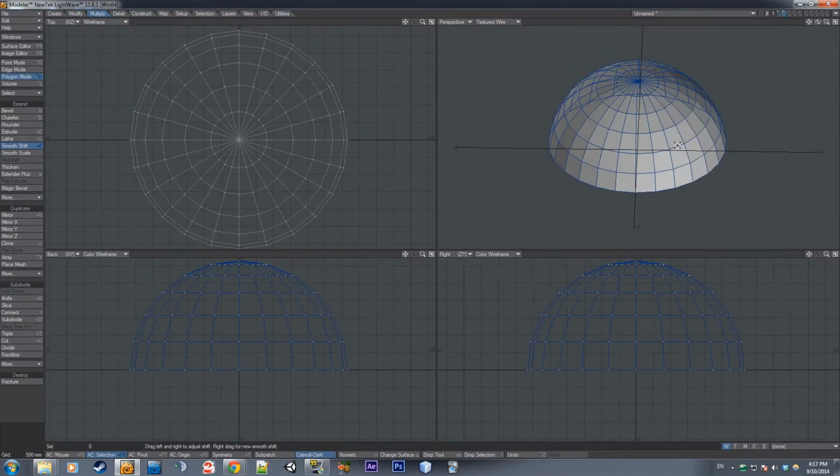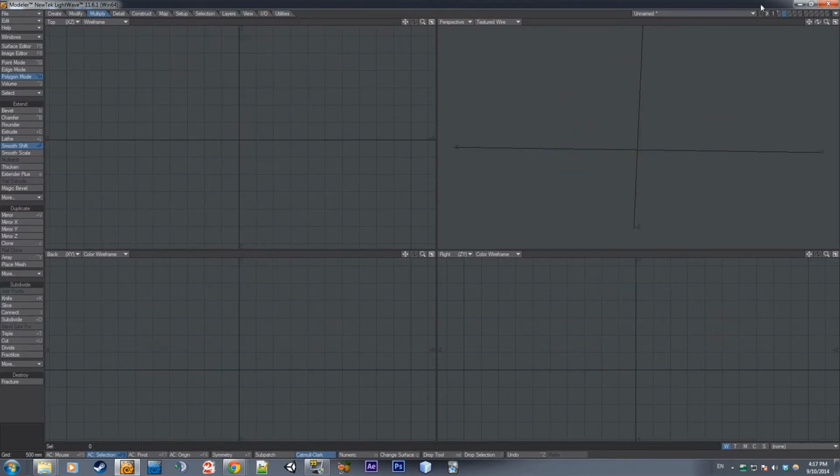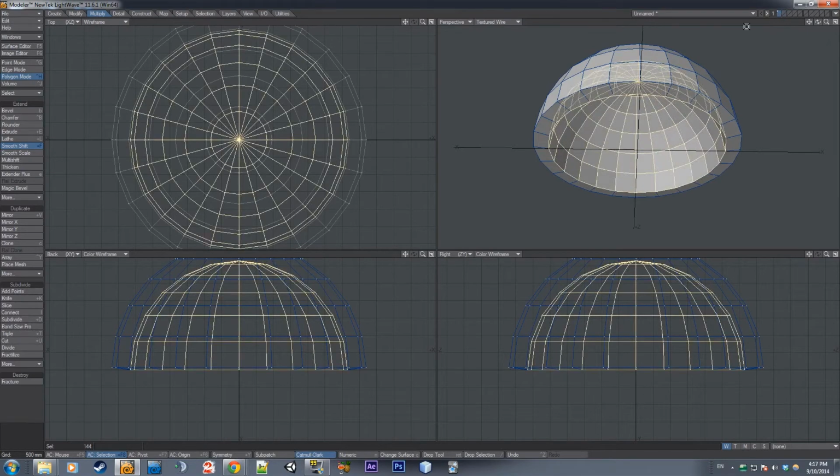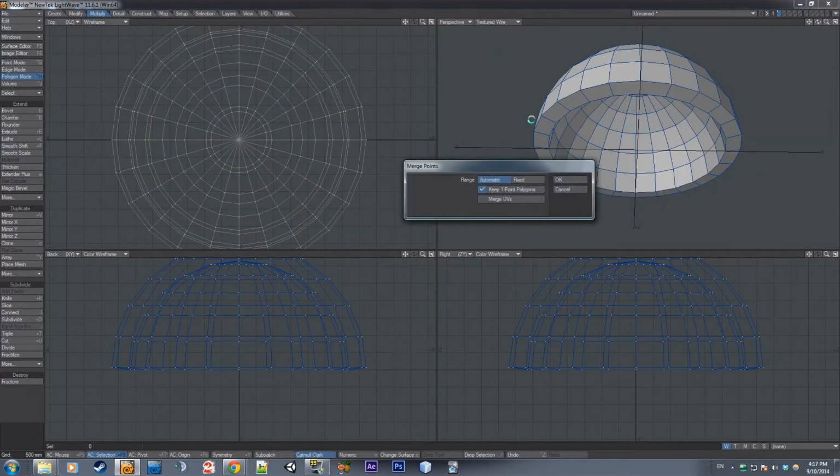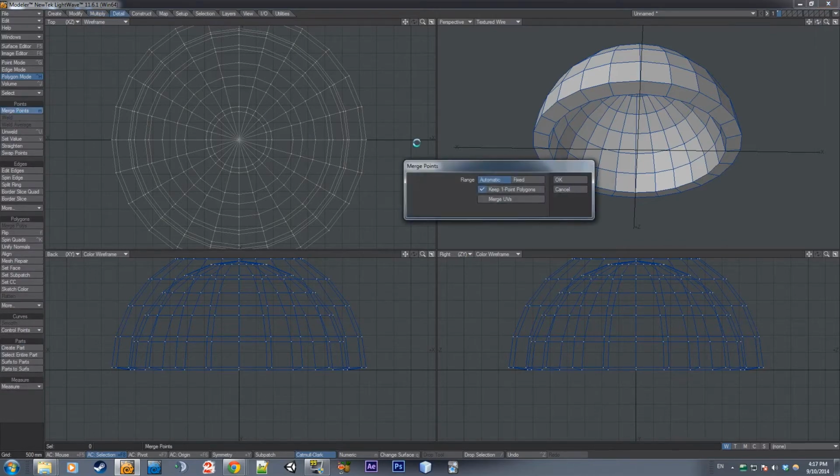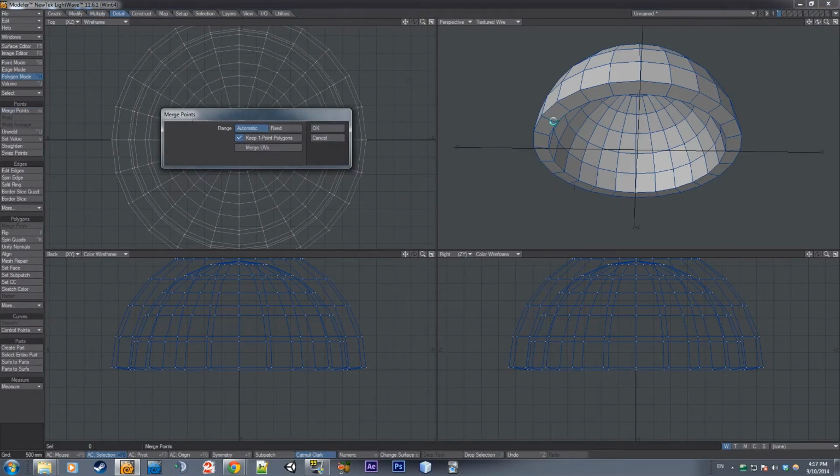So I'm going to copy this one here with cut, Control X and Control V here. Now I'm going to deselect it to make sure that everything, because the general rule is if nothing is selected, technically everything is. So I'm going to deselect it and press M for merge. Merge is also under detail. Yeah, merge points, and leave it on automatic. And this is going to combine all those points that are down in here. It's going to weld them all together for us automatically if they're in the same place, which they are